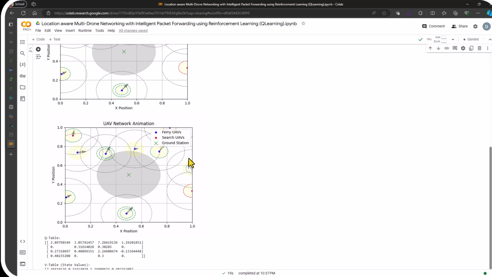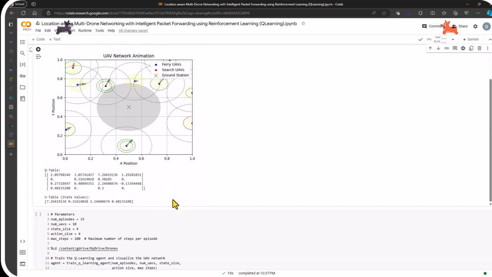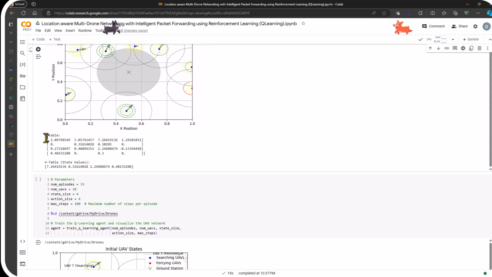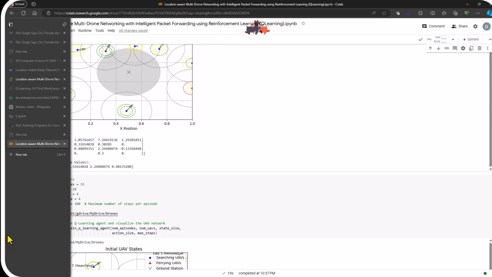And I think this is the movement. Yeah, so here you see some of these moving around to get into better position utilizing Q-Learning. And you see in this particular case, it's swapping back and forth between different roles based off of who it's trying to communicate with. You can see the Q table here and the V tables. Okay, that is all for the code implementation. Thank you.